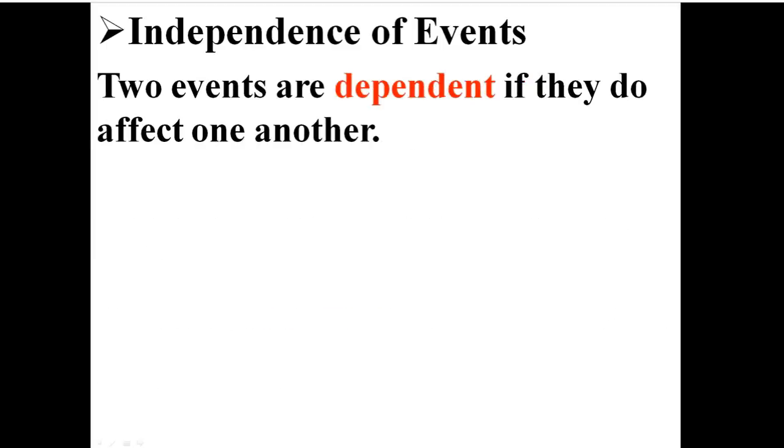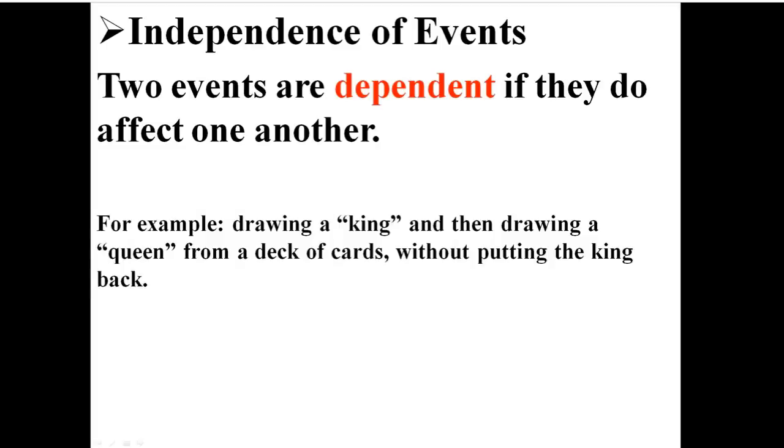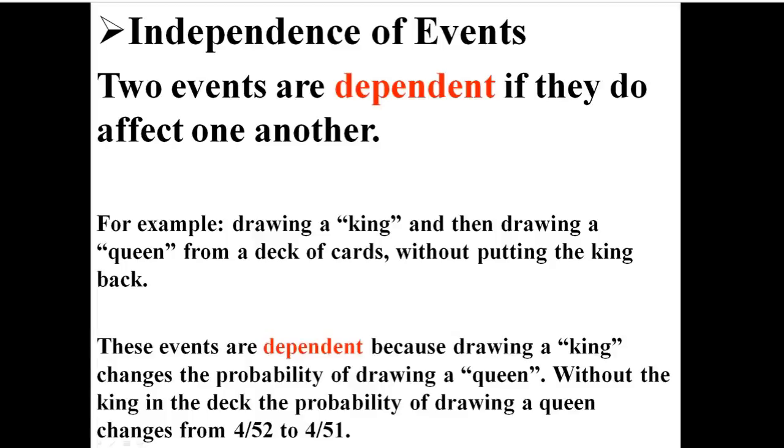Now, two events are dependent if they do affect one another. Like, for example, drawing a king and then drawing a queen from a deck of cards without putting the king back. These events are dependent because drawing the king will change the probability of drawing a queen. Without the king in the deck, the probability of drawing a queen changes from 4 out of 52 to 4